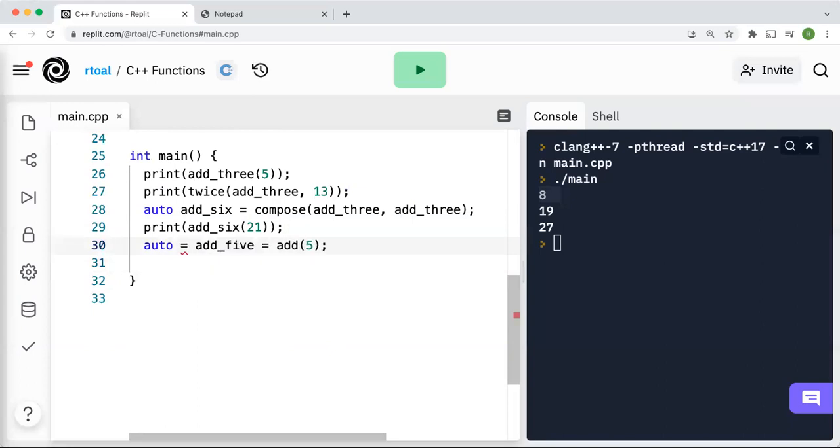Just say auto. That's easy. If I wanted to write function int to int, I can do that too. Your call, that also works. But what's really cool is to say print add5 of, I don't know, let's just do 12, and let's see if we get 17,